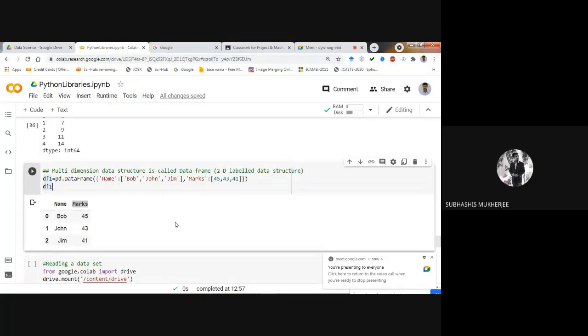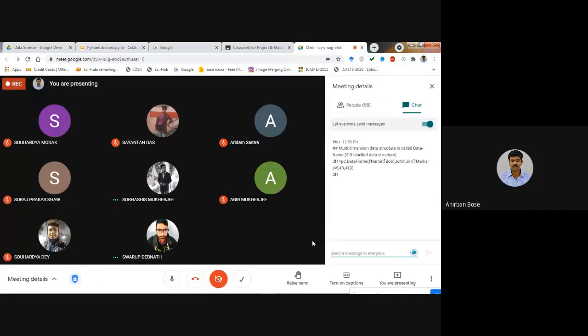In the notebook file that you have just created, in the Python libraries one, I told you that you have to create a new notebook file. In the code line, you just copy and execute, and check whether it is coming or not. Give me some feedback on whether it's working.